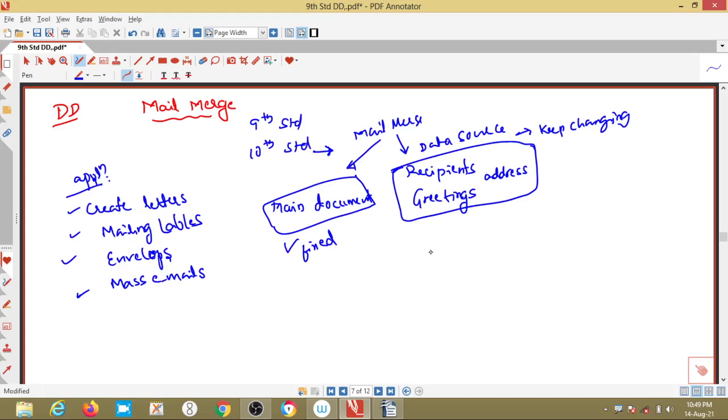What are the components of a mail merge? It has a data source and a main document. These are the components of a mail merge.